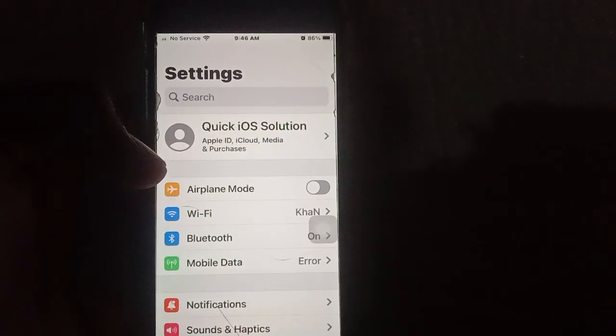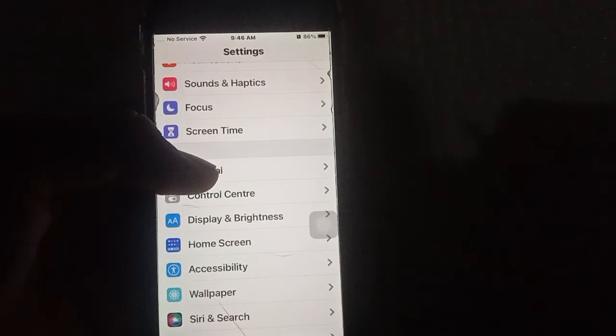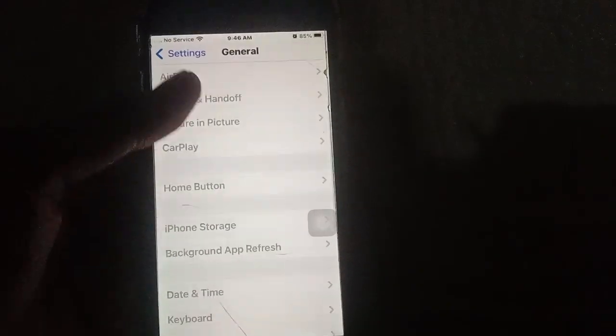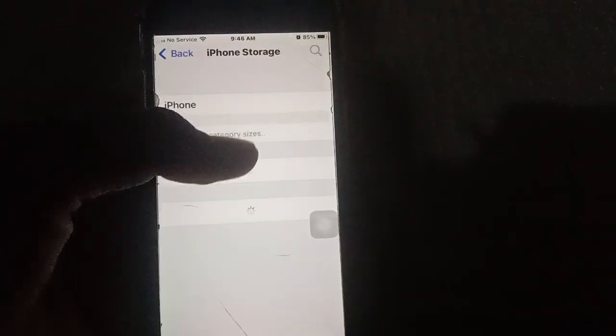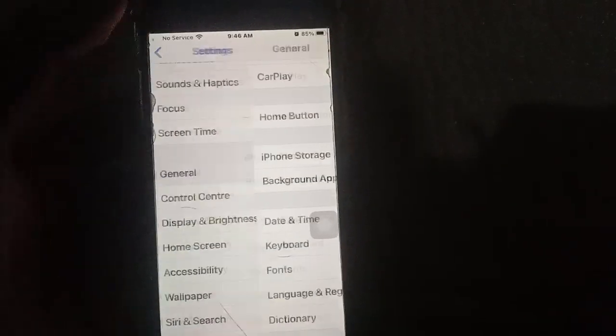the fourth solution is to clear the iPhone storage. Click on Settings, click on General, then click on iPhone Storage. Delete the unneeded items from your iPhone's memory. If the fourth solution is not working,